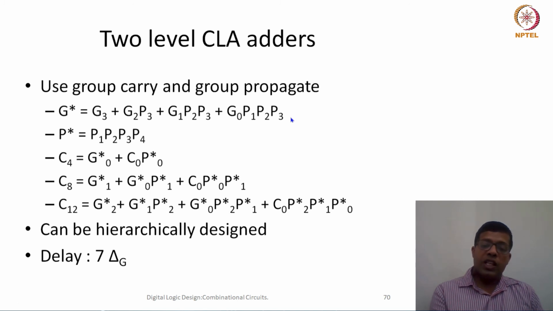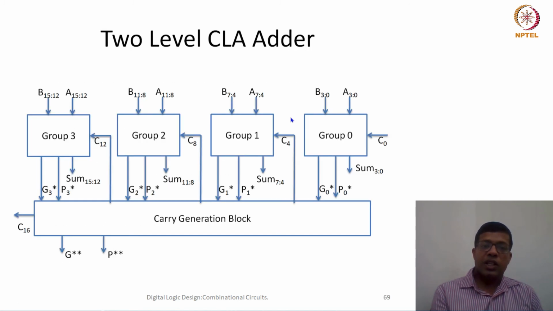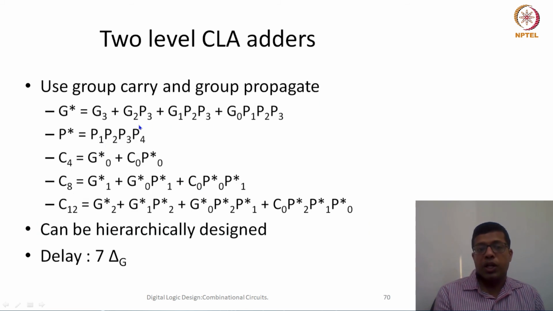Similarly, if there is a carry from the previous stage, whether it would be propagated out or not, that means all of them have to propagate, so there has to be propagate in all the bits. So group propagate means that carry is propagated through P0, P1, P2, P3. So for all the 4 bits, if carry is propagated, that means for that particular group, carry would be propagated from previous carry to the next carry.